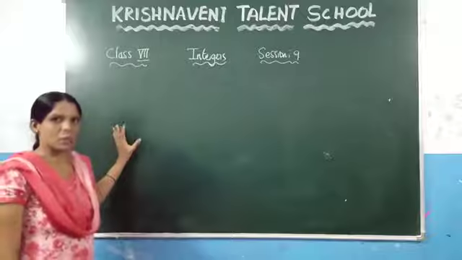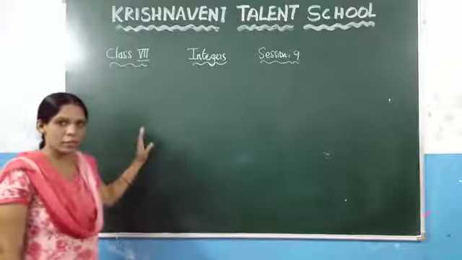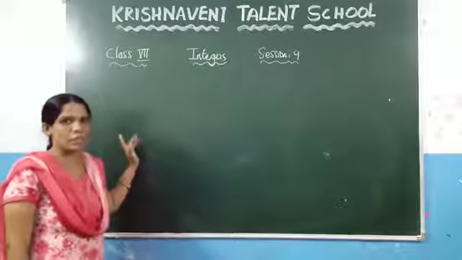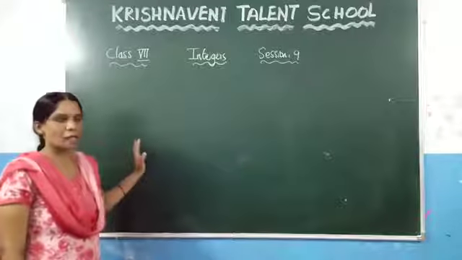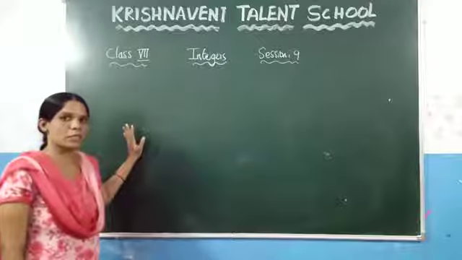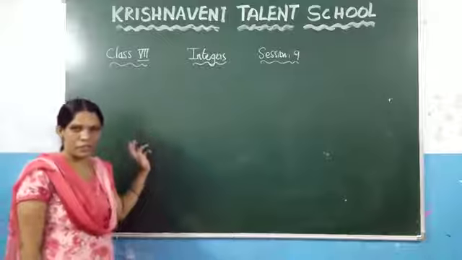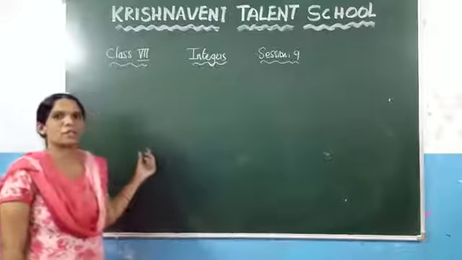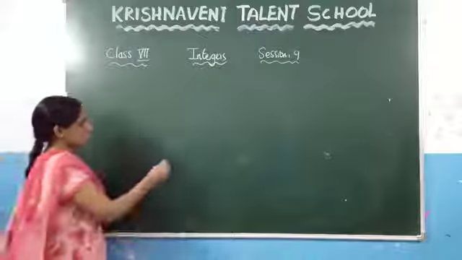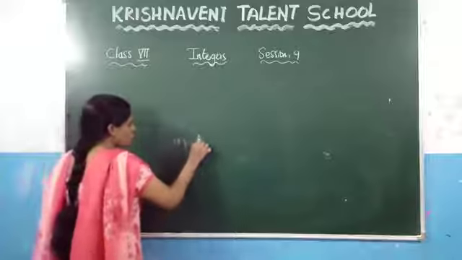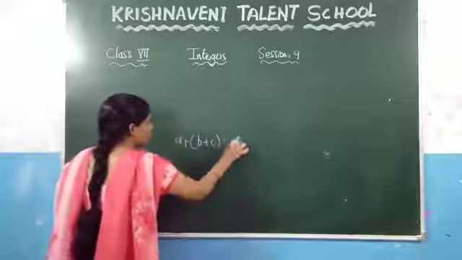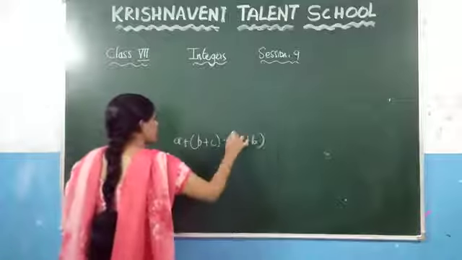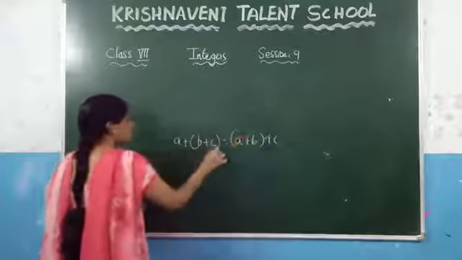And what does the commutative property say? If you add two integers and change the order, then the result must be the same. And what does the associative property say? For the associative property, we need three integers. First, what it states here is a + (b + c) must be equal to (a + b) + c. That means first you need to add the second and the third number.